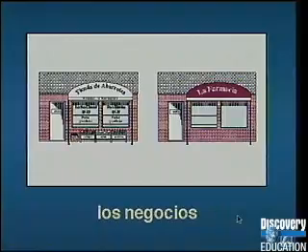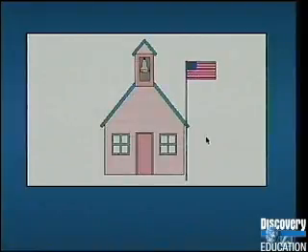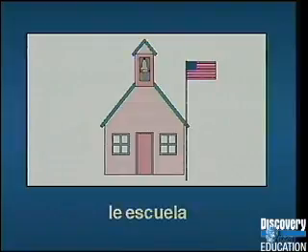Here's one that I bet everybody knows they have in their community. Yeah, look, they've got the bell up there, the American flag. This is a little schoolhouse. And from Unit 1, you should remember what this one's called. Remember, trabaja en, I'll give you till 3. 1, 2, 3. La escuela. La escuela. And ignore that E because that should be la escuela.